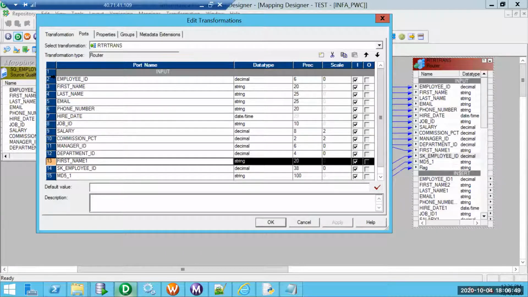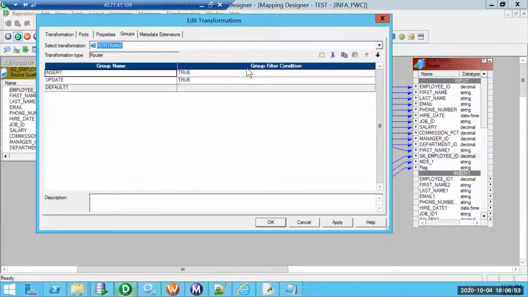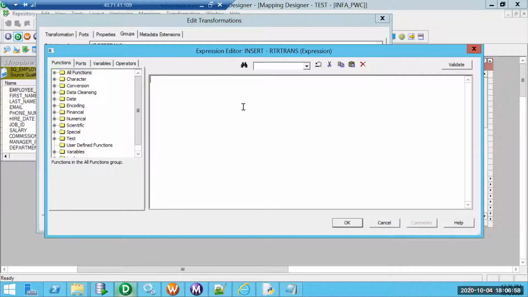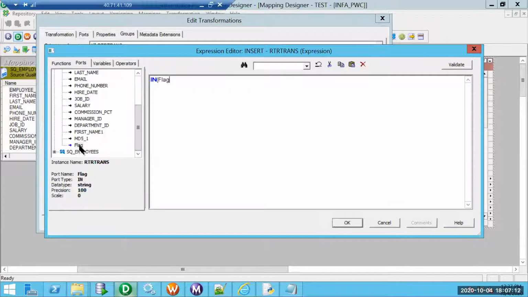I'll pull this employee ID to the top of the list, then SK employee ID. So we have 2 groups. I'll say if my flag is insert or upsert, flag in I or UPS, then I can insert the record.